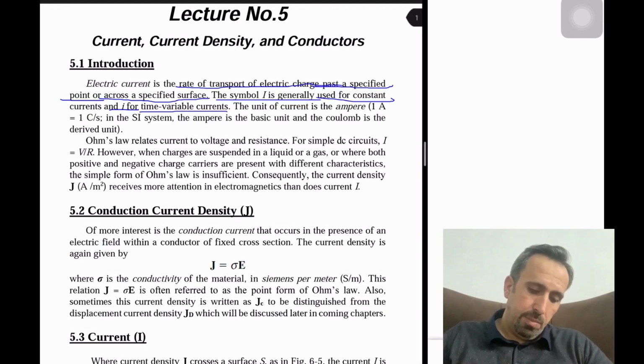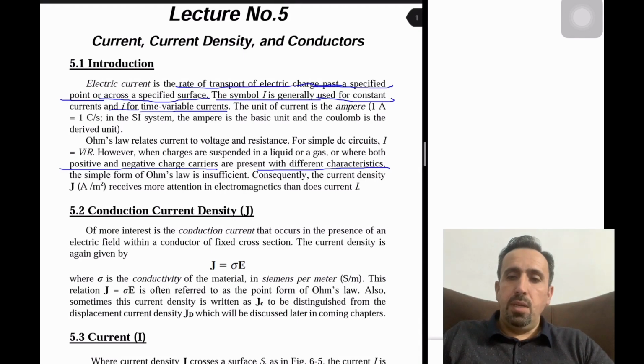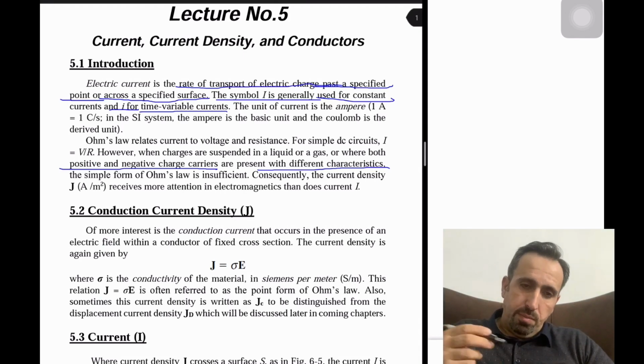And both positive and negative charge carriers are present with different characteristics. So you will not simply deal with Ohm's law,